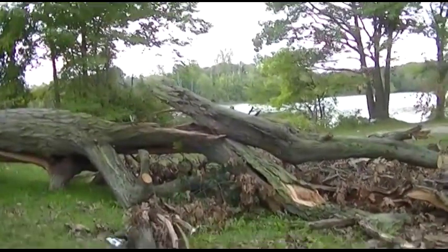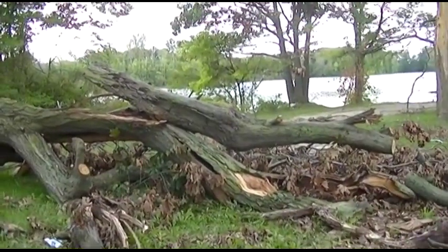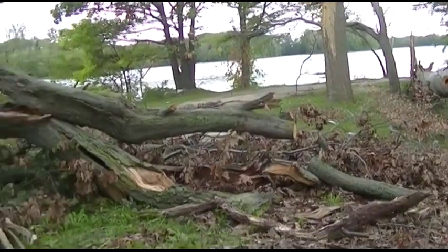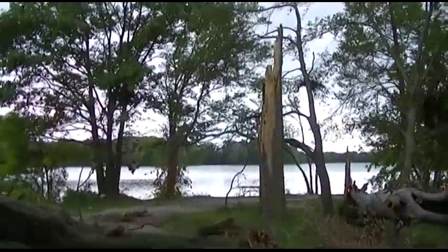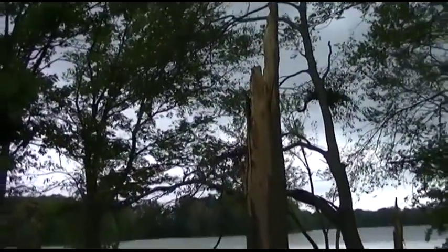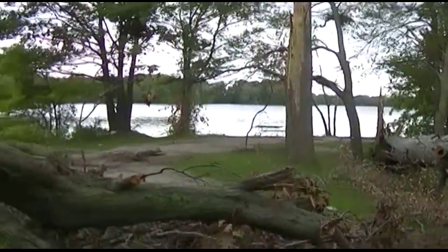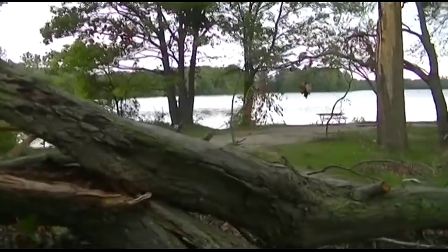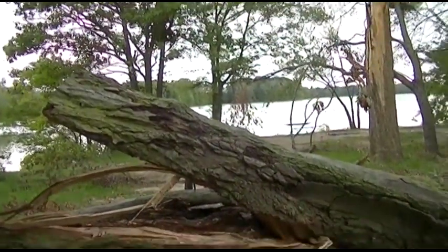And I'm at a spot that I go fishing on occasion. And this is, I don't know, a week or so after the tornadoes. I actually came out here to go fishing and wasn't really getting anything. I think the waters have been messed up from the tornado, and the fish kind of took off for deeper water. It's the end of September. Anyway,